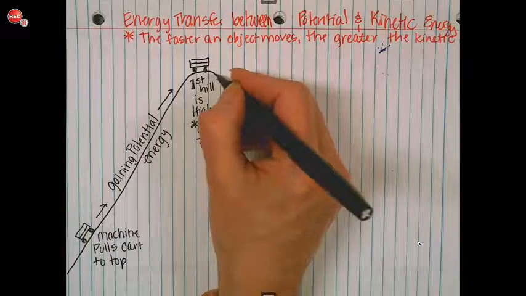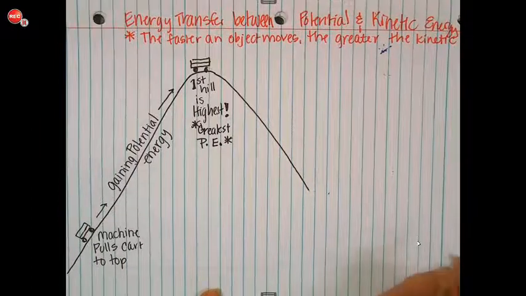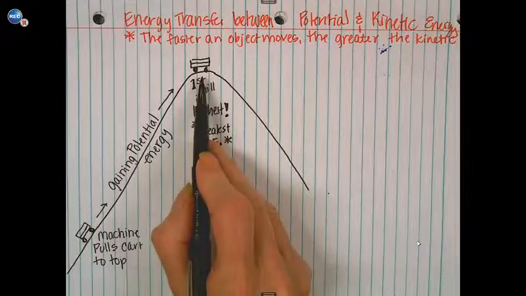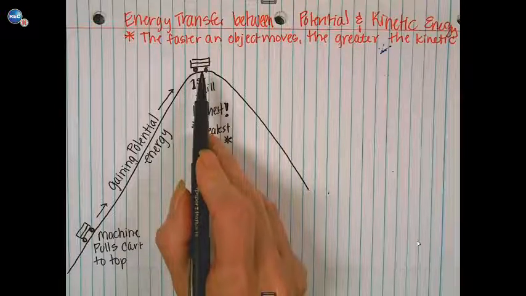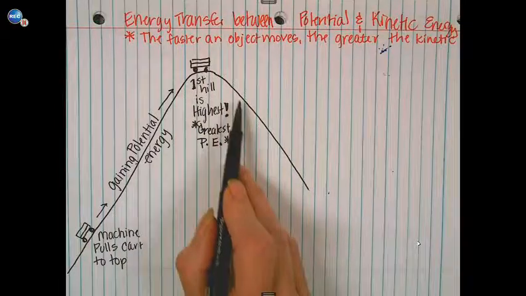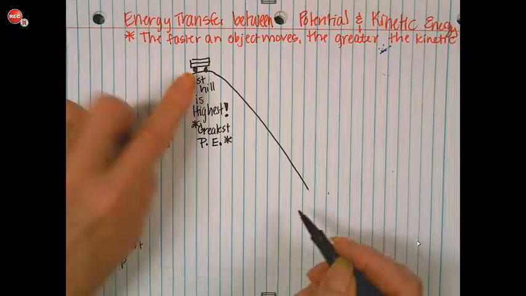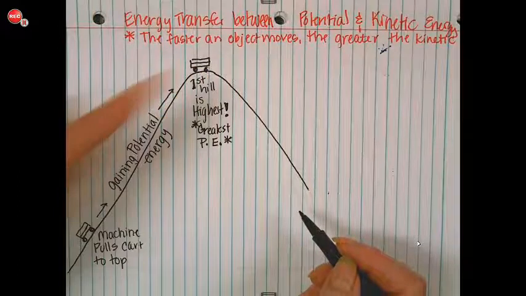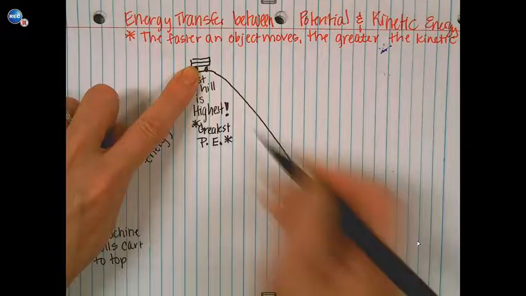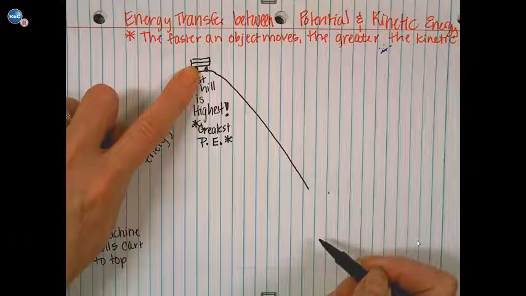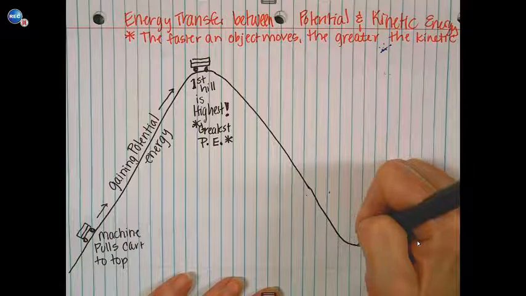And then, of course, it will be going downhill. As this cart, where it appeared, has its greatest gravitational potential energy, as it begins to move down the hill, that's where that switch comes. It is transforming all that stored energy it got from the machine, bringing it up here, into energy of motion or kinetic energy. So the fastest point is the greatest